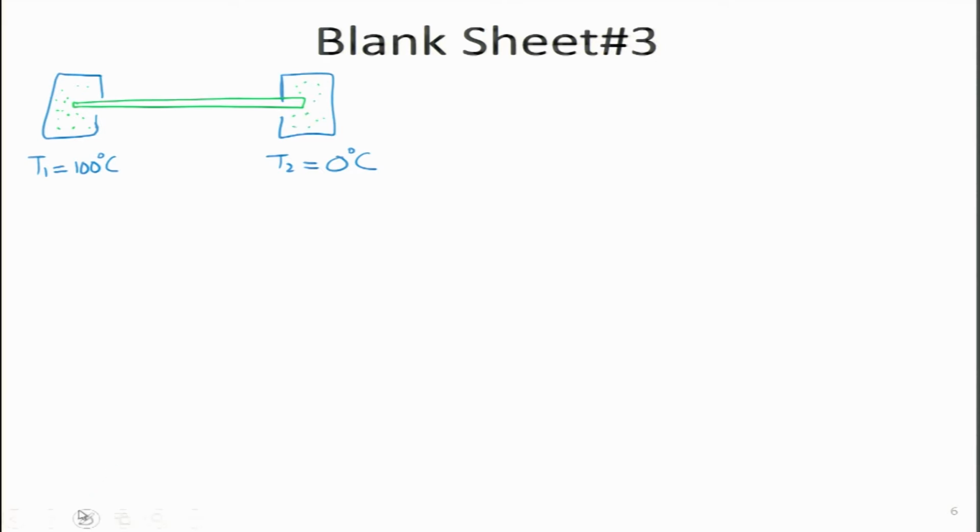In addition to that, I am going to assume that it is very well insulated from all sides wherever it is exposed to air. So, we do not want any heat loss to take place from the top and bottom of this particular beam or rod. All the heat transfer that we want should happen in one dimension and it should go like this. In this particular case, we are not interested in calculating the current flowing, we are interested in calculating the value of rate of heat transfer which is taking place across this particular system.